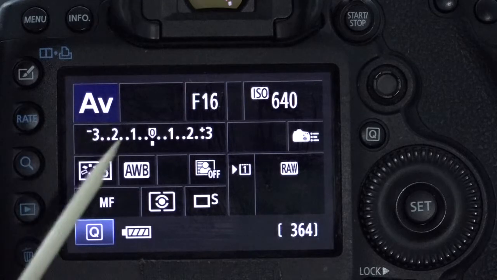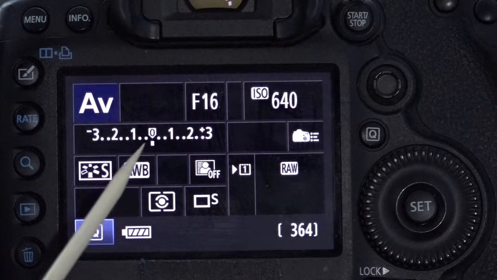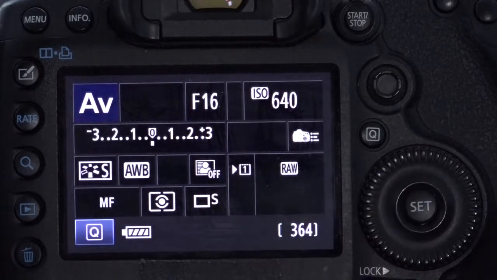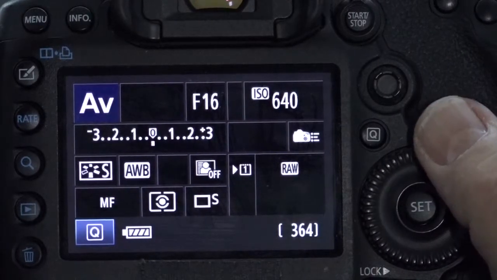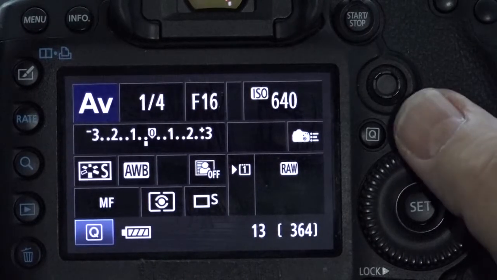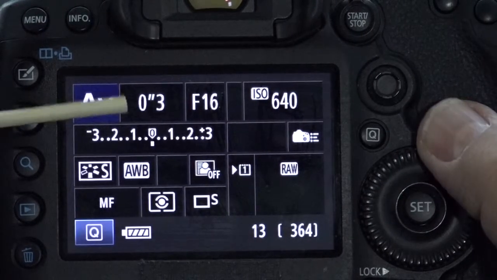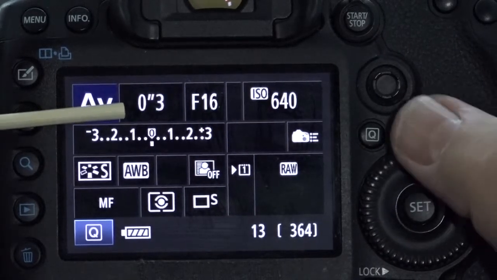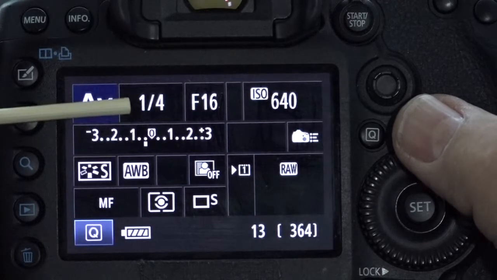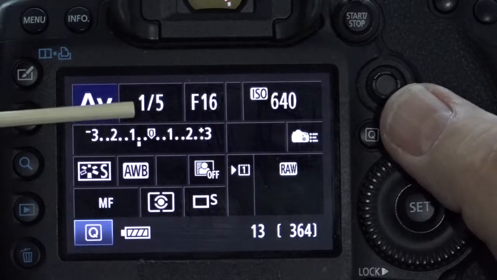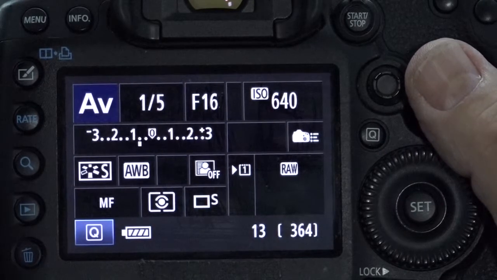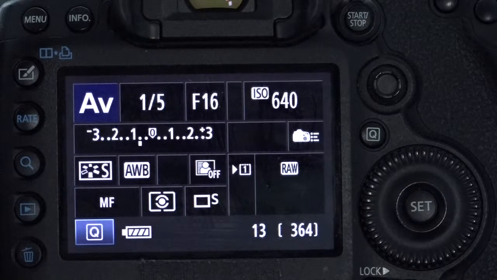In order to make the black background darker, I'm going to reduce the exposure compensation. I need a lot, so you can see it went from 3/10 of a second. When I decrease the light, it's 0.25 of a second. Now it's a half a second. If I take a picture,